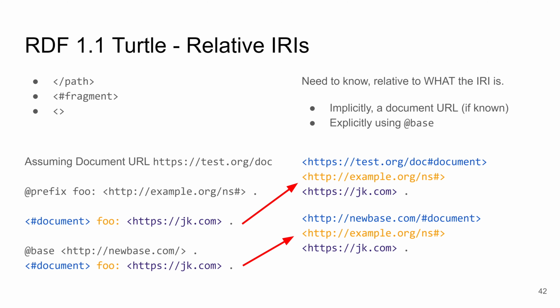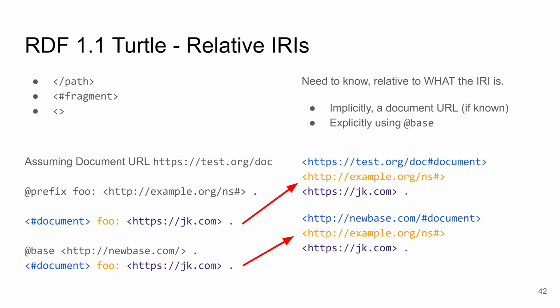So the 3 IRIs in the top left part of the slide are all relative IRIs because they don't start with a scheme and a colon, like HTTP colon. That's how you know those are relative, and they are relative to what is defined as a base. So let's have an example. We'll have prefix foo, and then we'll have a base defined as http newbase.com/. And then